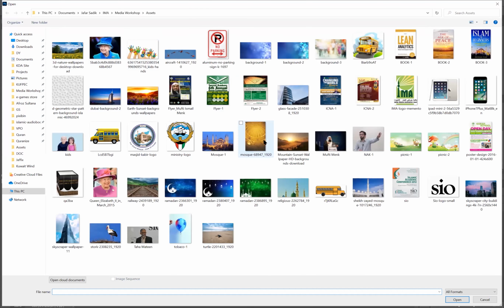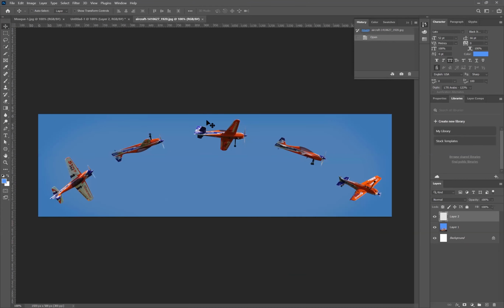Let me open one picture from here, of an aircraft. Assume that you need only the aircraft from this. So I go to object selection and draw a box onto the object. It will select only that particular area. Control C.